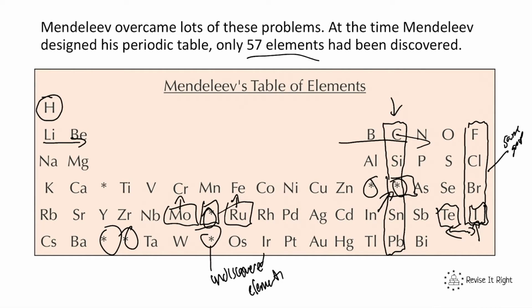When the elements were found and their properties were studied, Mendeleev's predictions were correct, and it helped confirm his ideas. So, for example, Mendeleev made a really good prediction about the chemical and physical properties of an element called silicon, which we know today as germanium. And he was able to do this because he left the gaps in the periodic table, and the gaps were for the elements that were undiscovered, and these would have similar properties to that in the group